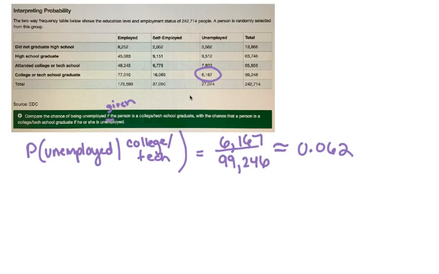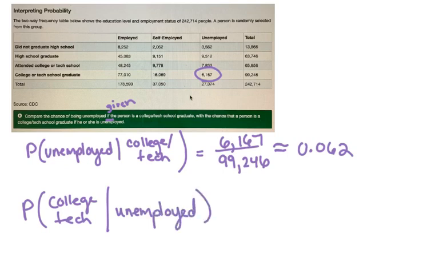And then they want us to compare that with the chance that a person is a college tech school graduate if he or she is unemployed. So now our given is that they are unemployed. So the probability of somebody being a college tech graduate given that they were unemployed. And so now my sample space is changing to only the unemployed people. So I'm looking at my unemployed total as the bottom of my fraction, or as my sample space. So that equals